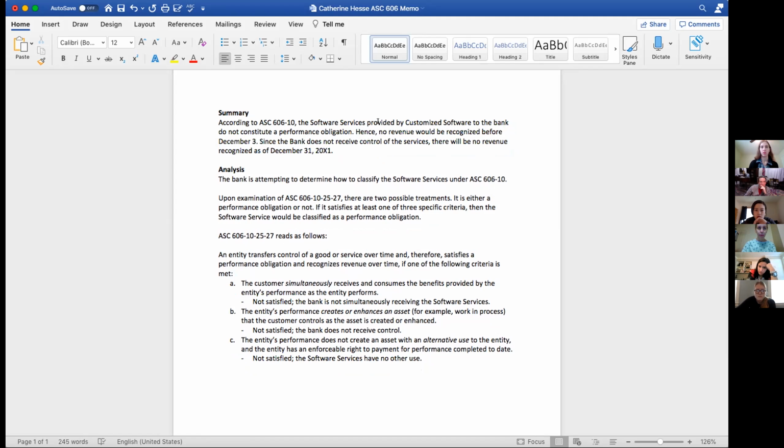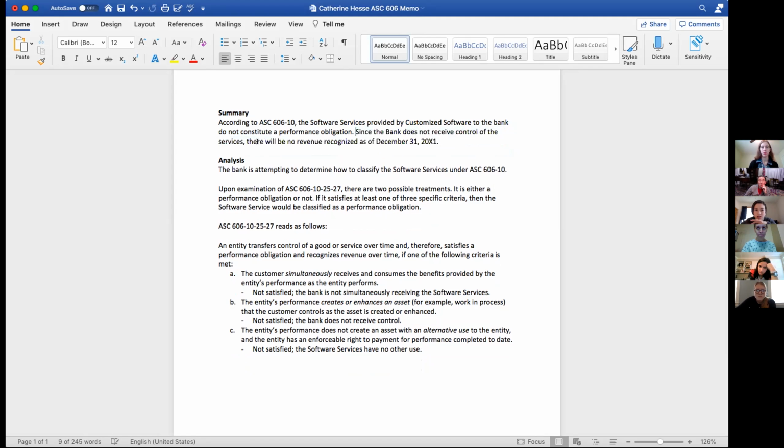That's kind of what the next sentence is saying. But where does "since the bank does not receive control" fit? Delete that, and then just put hence or therefore.